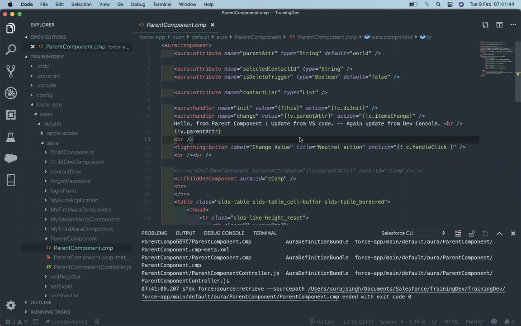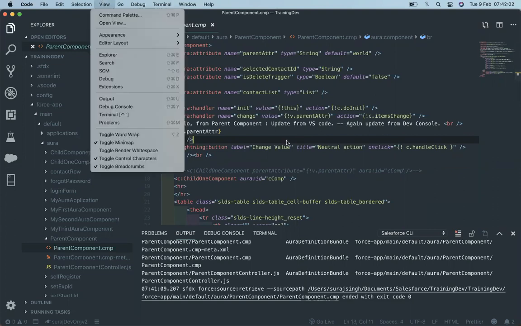Let's look at how we create a component and create any metadata file from VS Code and deploy that metadata file. So what you have to do is go to View and Command Palette.